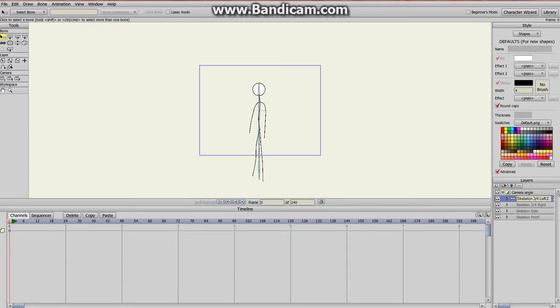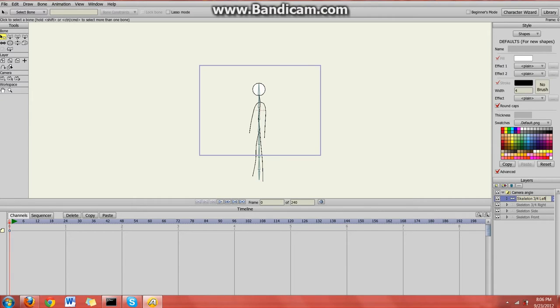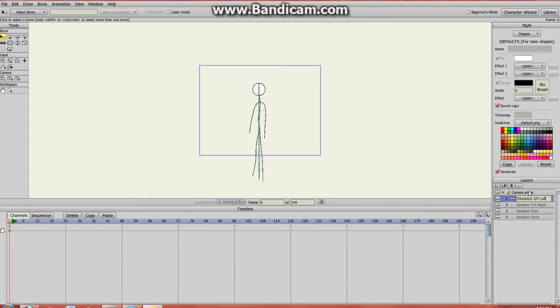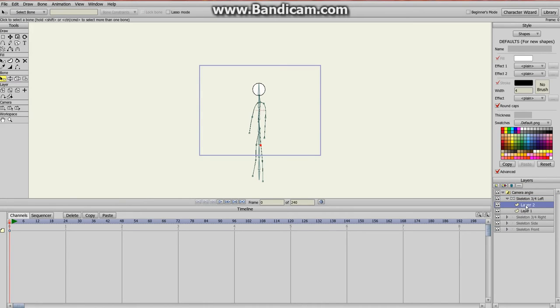The reason we're doing this is because if you're having a rotating camera around a character, you want to be able to see both sides. So instead of just flipping them, I've decided to make an entire new layer. However, it is going to be very similar. Basically, all I'm going to do in here is select all of these points, and I'm going to